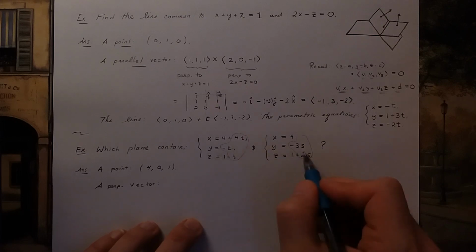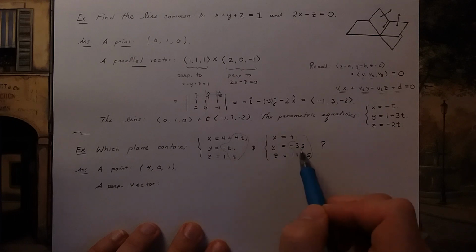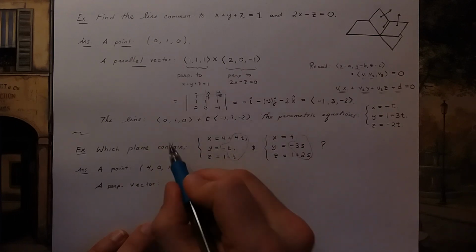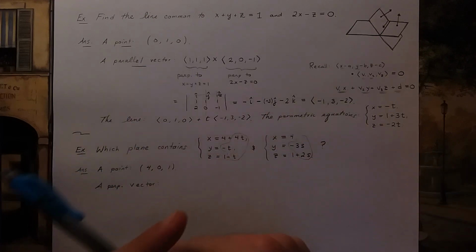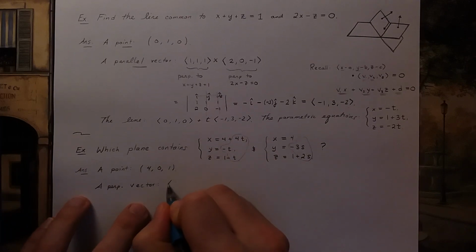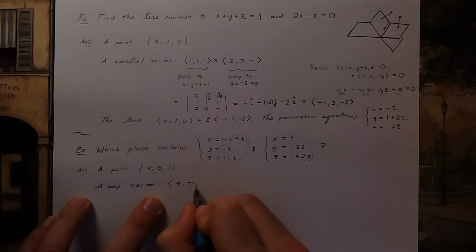So those two vectors are parallel to the lines. Therefore, those two vectors are parallel to the plane. If I'd like a third vector that's perpendicular to the plane, I could take the cross product of these two vectors that are parallel to the plane. So the perpendicular vector will be the cross product of 4, -1, -1,